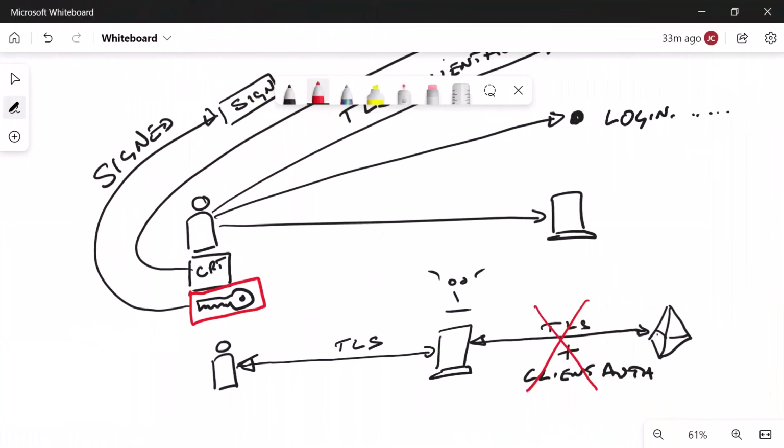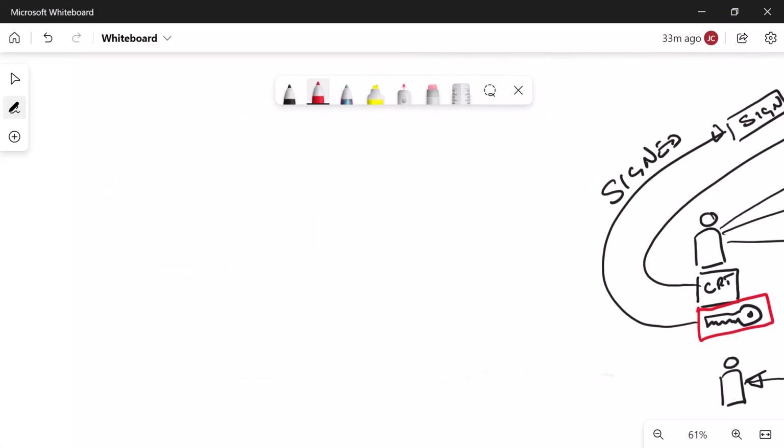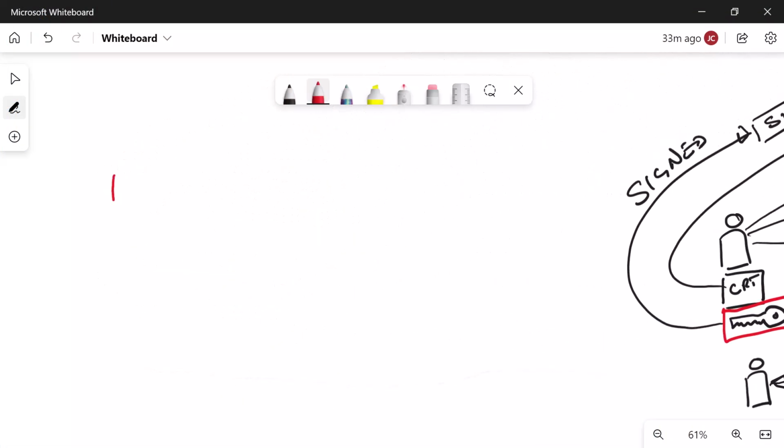So our next question now is where to store these certificates. Well, we've got our cert, and we've got to go with it this private key. So our private key, which remember must never ever leave the client. One place these certificates can be stored and looked at is through the Windows certificate store. So we could put it into the Windows certificate store, and that would be our personal certificate store. The other thing we can